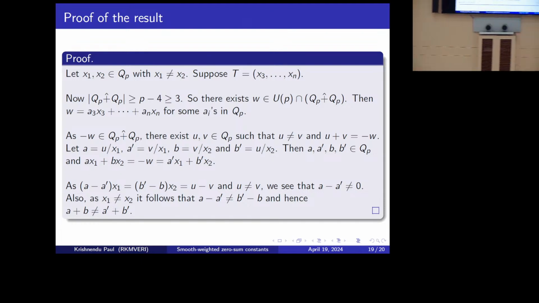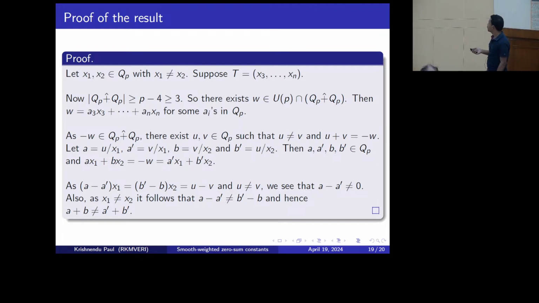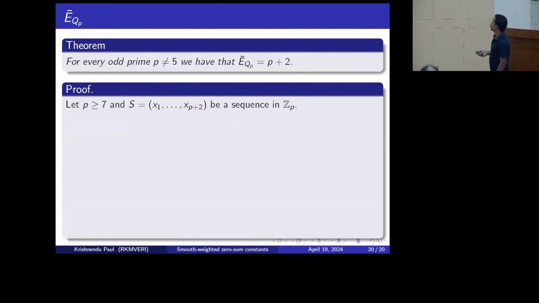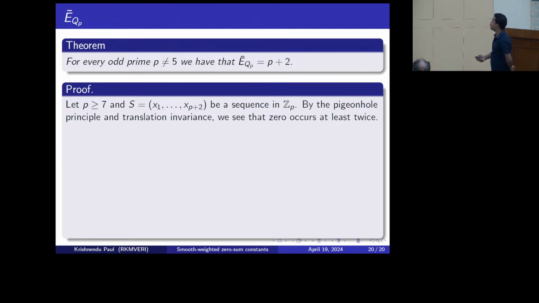So here the Erdos-Heilbronn conjecture is important for proving the result. Now the main theorem, for the upper bound, the lower bound is already there from E bar QP greater than or equal to EQP. So if we take a sequence of length p plus 2, then by the Pigeonhole principle and translation invariance, we can assume that 0 occurs at least